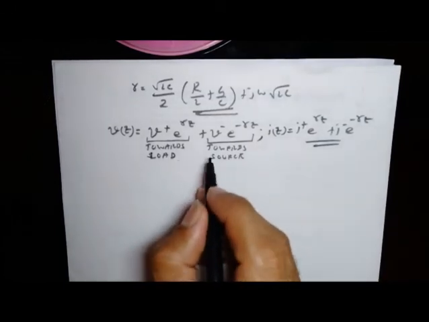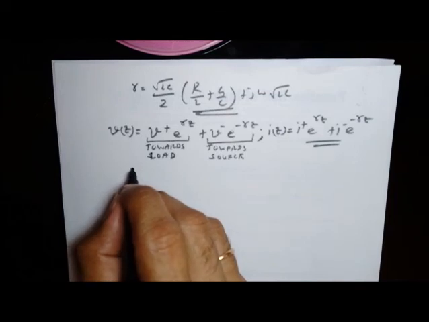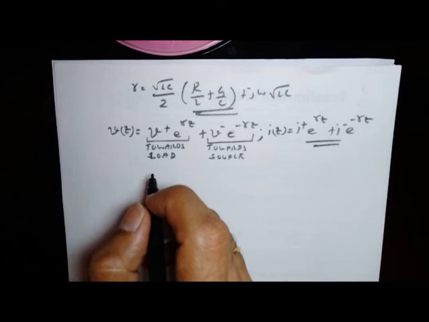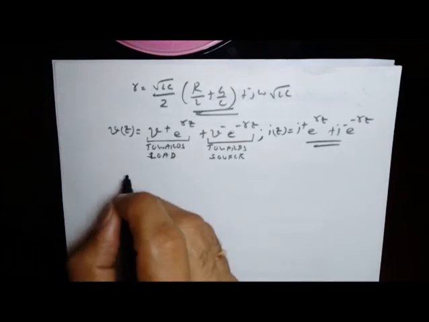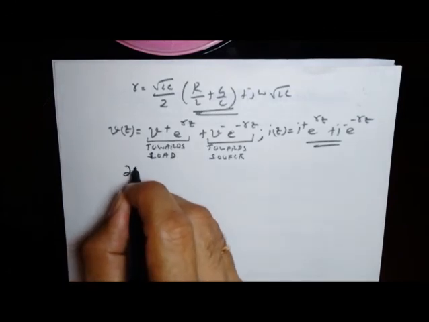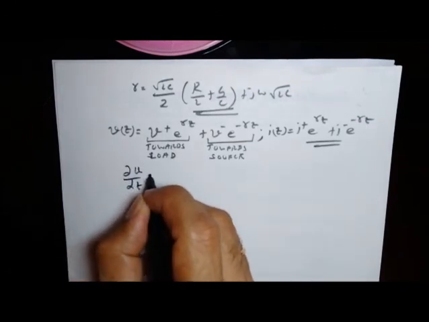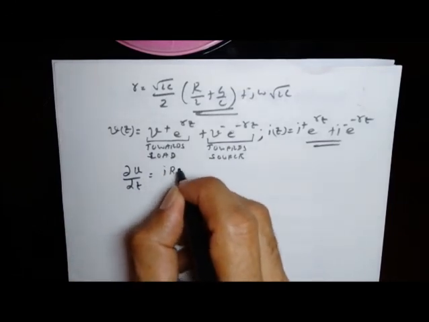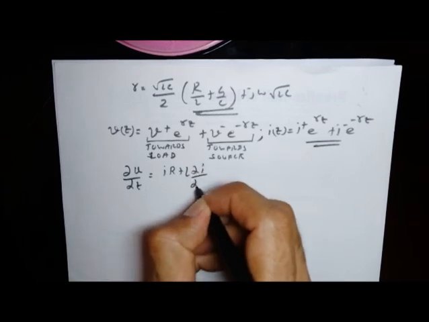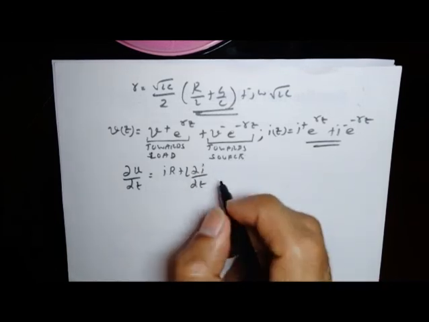So once we have this, we substitute this in the transmission line equation 1. The equation 1 was, I will just write it down again for quick reference. Equation 1 was this: dou V by dou Z equal to I R plus L dI by dt. That was equation 1 for your information.